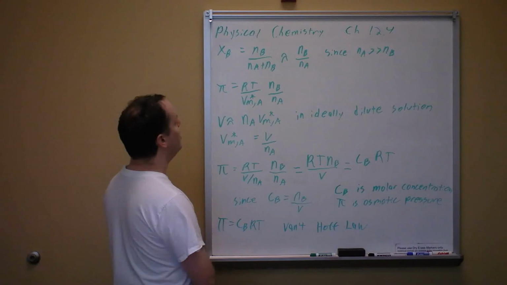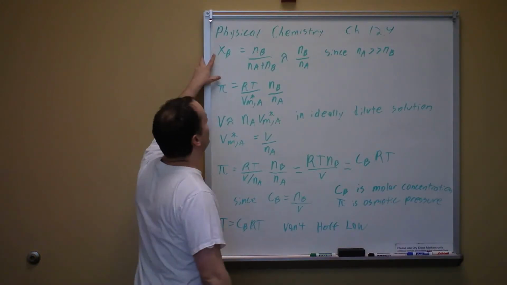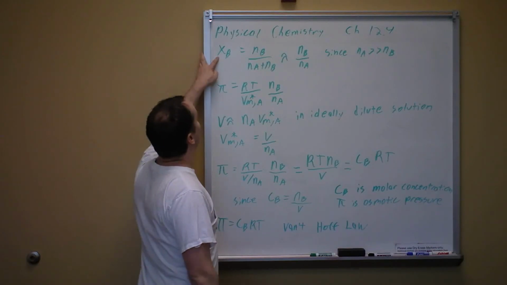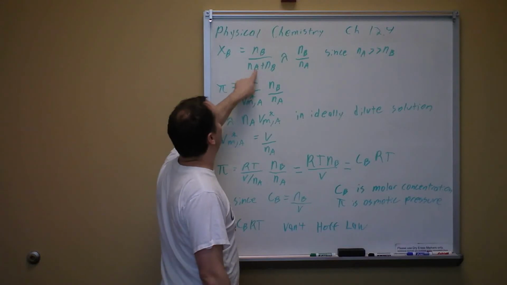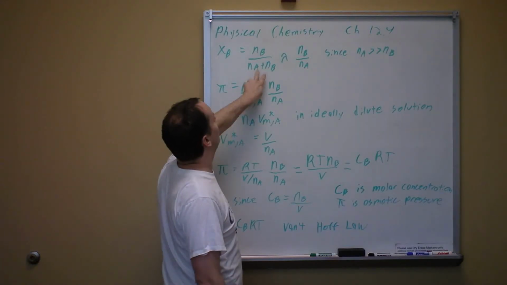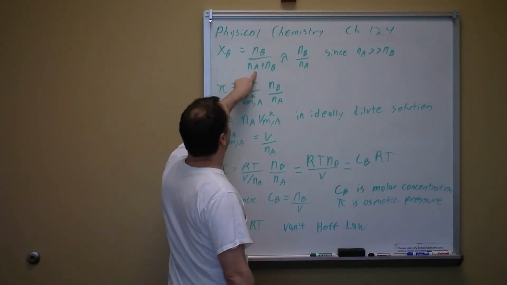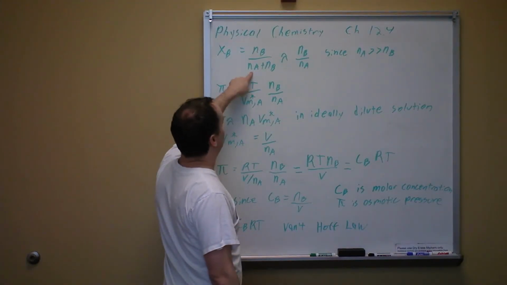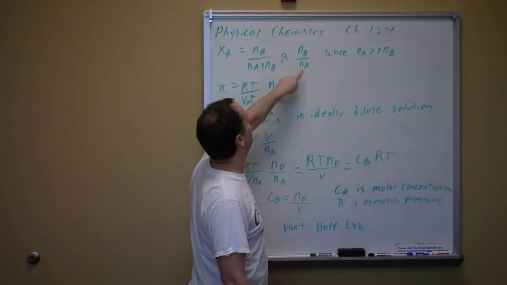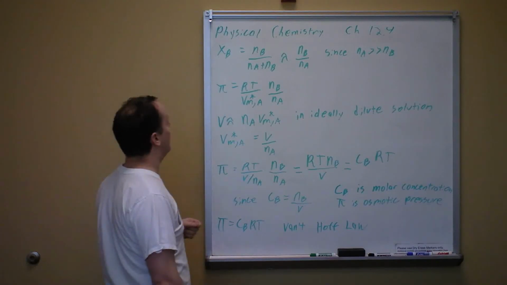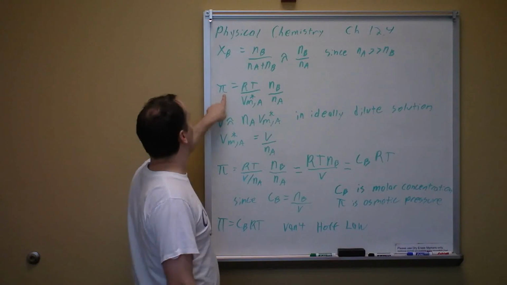Continuing on physical chemistry, chapter 12, section 4. So we already showed this before in a previous section, but just to refresh your memory, we know that the mole fraction of B is equal to the number of moles of B divided by the total number of moles of A plus the number of B. This is for a two-component system. And if we're talking about an ideally dilute solution, where A is the solvent and B is the solute, then Na is much larger than Nb. Therefore, the mole fraction of B is roughly equal to the number of moles of B divided by the number of moles of A. So we're going to substitute that back into the formula for capital Pi, the osmotic pressure,